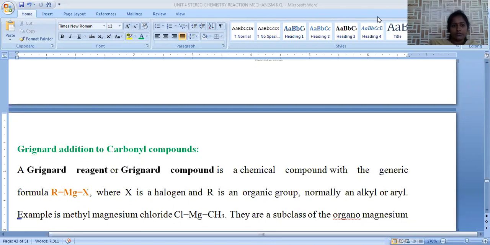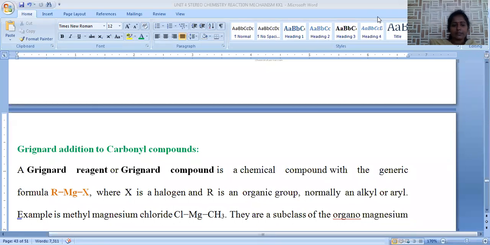Here is the mechanism for Markovnikov rule. Yes, addition of HBr to propene. The mechanism will be,